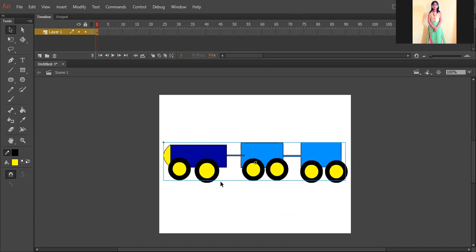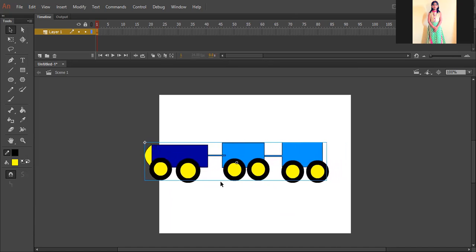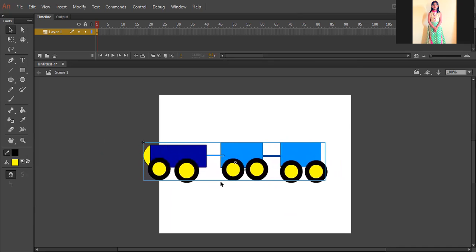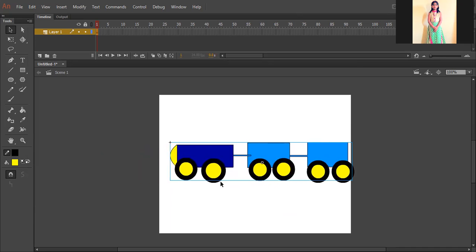You can apply anything on the symbol. You can move it, or move it back or front. Individually, you need not move. This is called a symbol. This will be saved in the library. Even in the next experiments, you need not draw it again, you can use it. You can even reduce its size also.